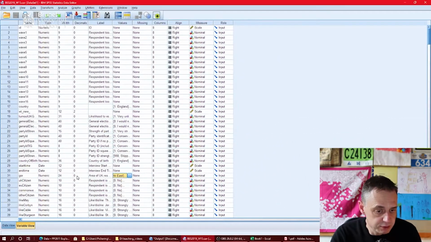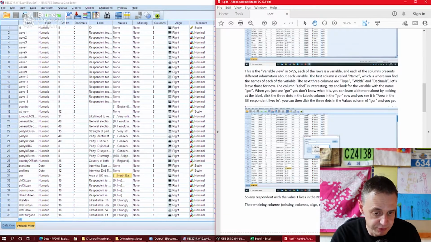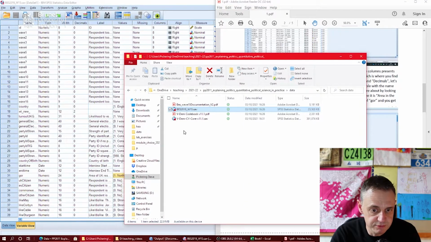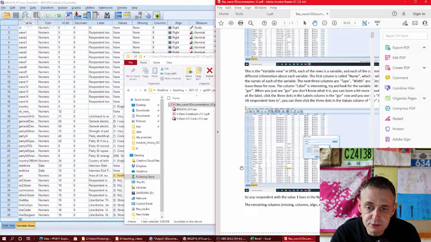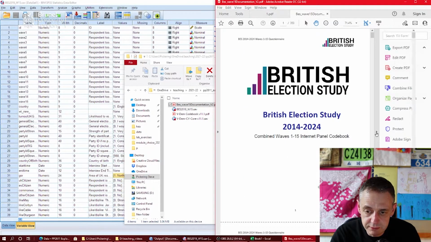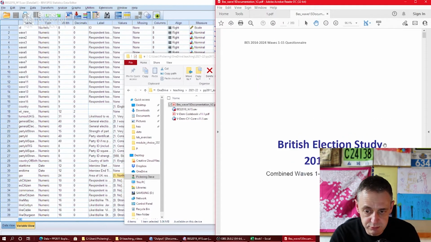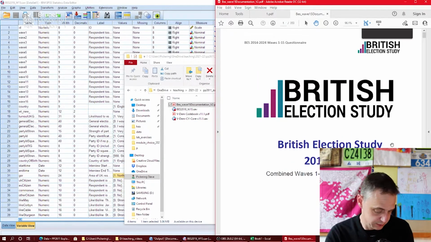Cancel that for the moment. The other way in which we could have found out where gore came from is by looking at not the cheat sheet, but the codebook. So if we fire up the codebook, BS wave 15 duck, and eventually that will load up as well. Close that bit. And then if we search for gore,